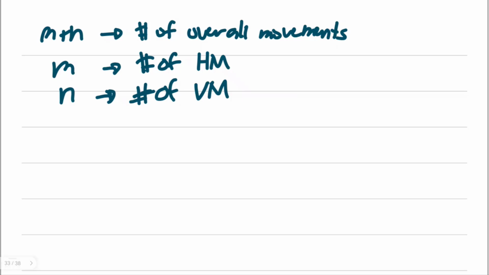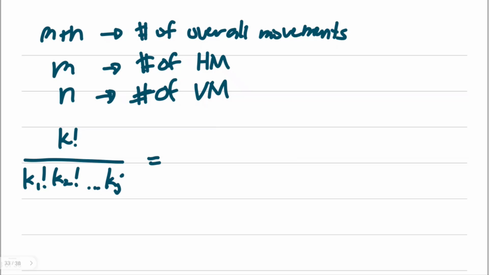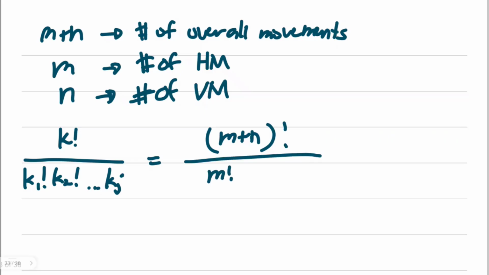If we look into this using the permutation multi-set formula, it's actually identified by the total, say K, factorial. I'm not going to use N because I already use M and N here. So K sub 1, K sub 2, until K sub J, the number of elements. So you have here M plus N factorial over M factorial N factorial. So this formula using permutation multi-set